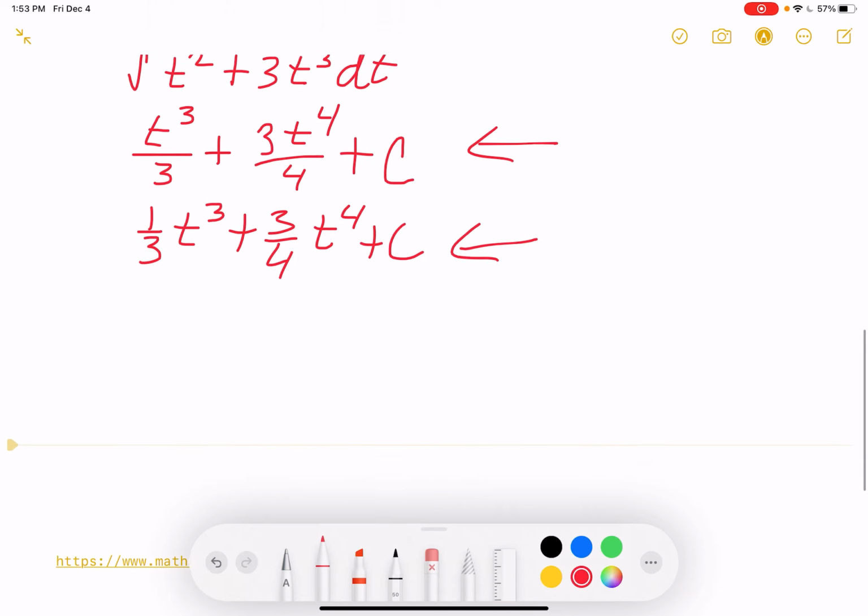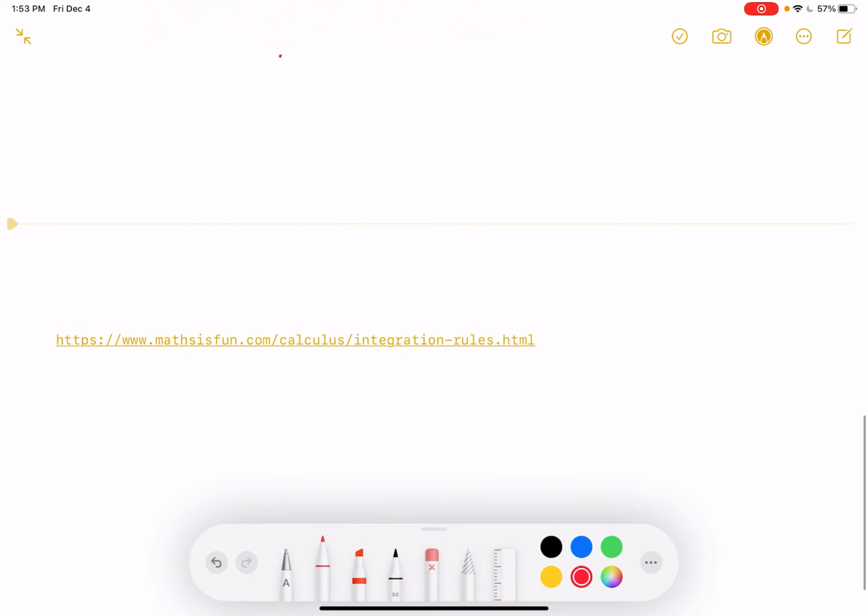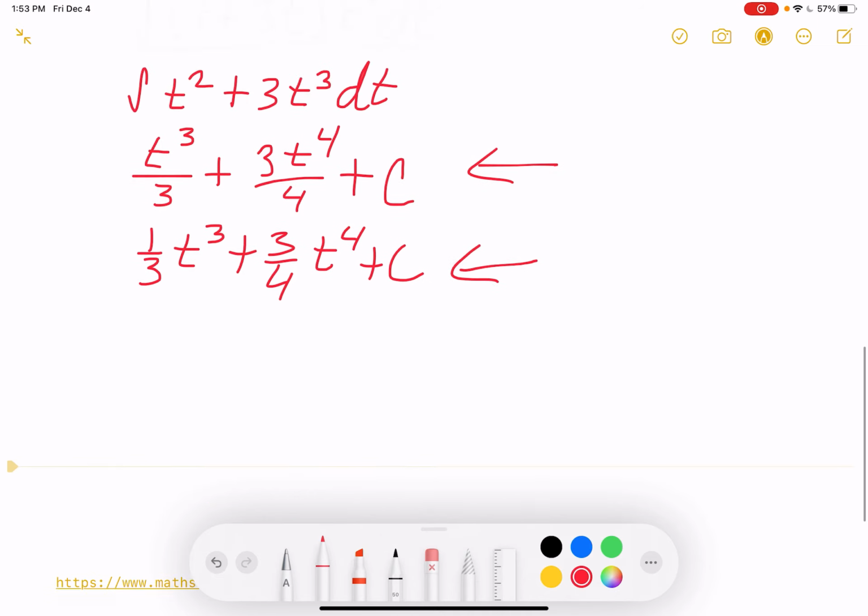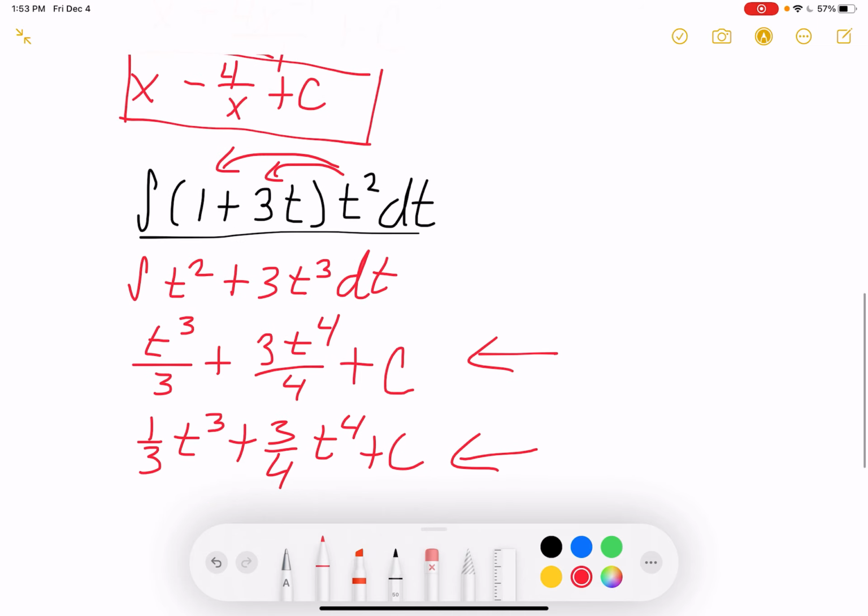If you do have any other questions, I highly suggest checking out this website, Math is Fun, Calculus Integration Rules. Very helpful. It shows all of the rules, some that we didn't cover today and some that we did cover today, including all the trig rules, e to an exponent, plus the ones that I mentioned today,